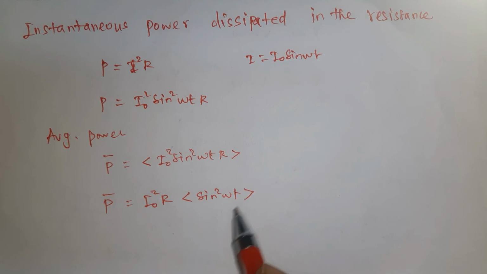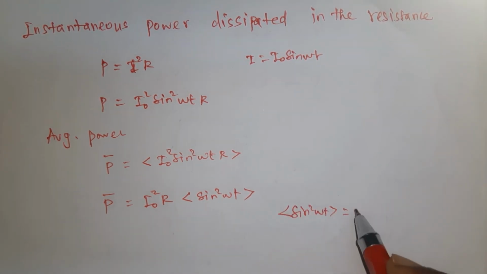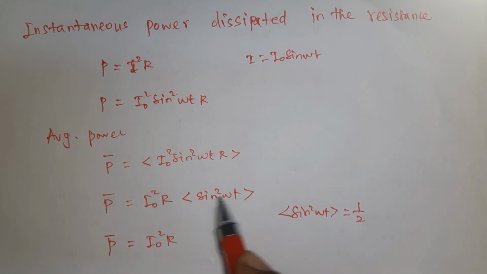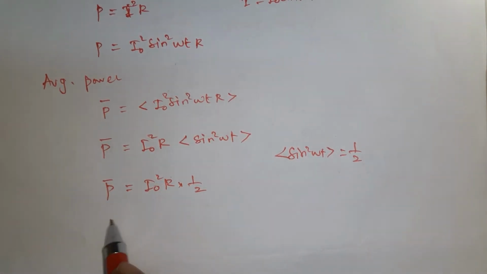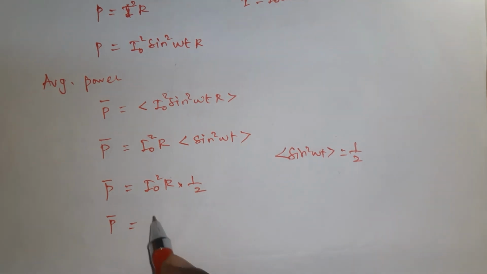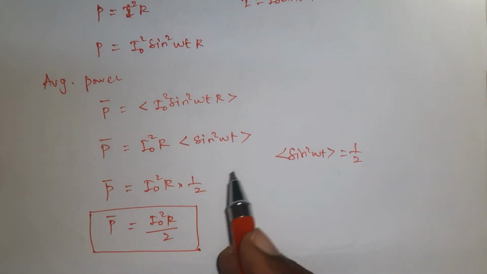The average value of sine squared omega t from the trigonometric function is 1 by 2. So the average power is equal to I naught squared R into 1 by 2. Hence the average power dissipation over a cycle in the resistance is I naught squared R by 2. So there is a power dissipation in the resistor when it is connected to